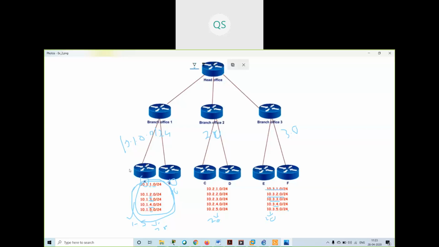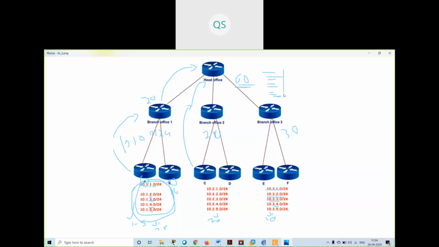Okay, so now when my router A and B are sharing the information with the branch office, they are giving all the 20 networks. Now these all 20 networks are then advertised to this head office. Head office should have routes to reach every branch office. From here also, all the 20 routes are advertised. So see how many routes this router got. This router got 60 routes, 60 networks. This I am giving just as an example. So the head office got 60 routes. So the routing table of head office got 60 entries.